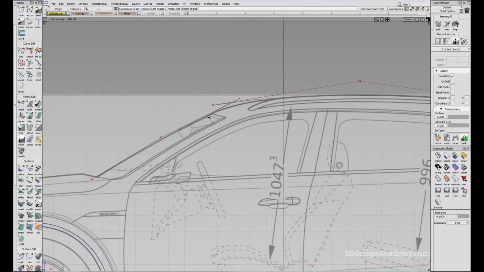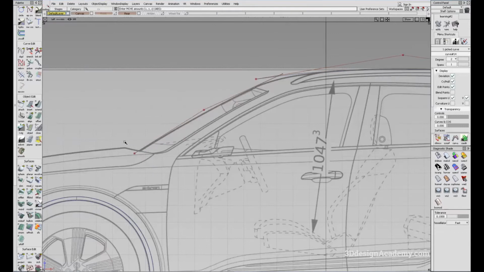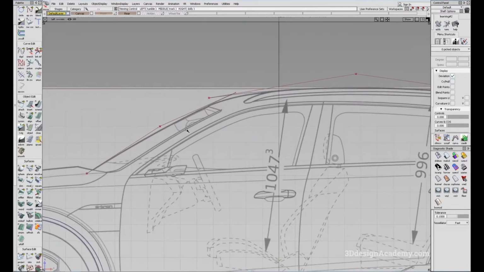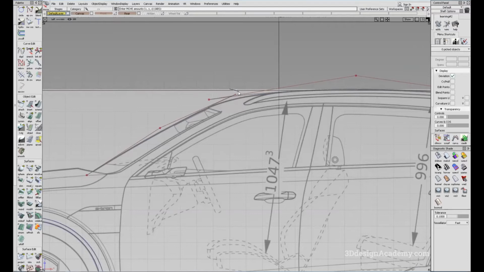We'll try to match it as closely as possible. So I'm just going to move the CVs around like this to get a good match between the curves and the canvas. Now, when you're doing this, you want to make sure that there's a little bit of acceleration towards